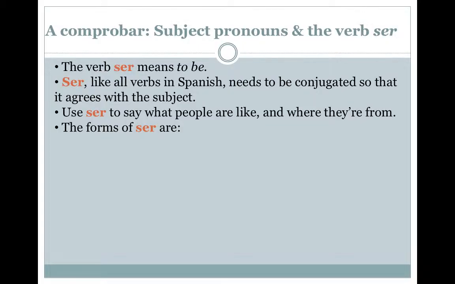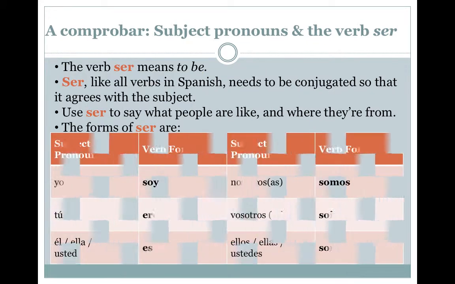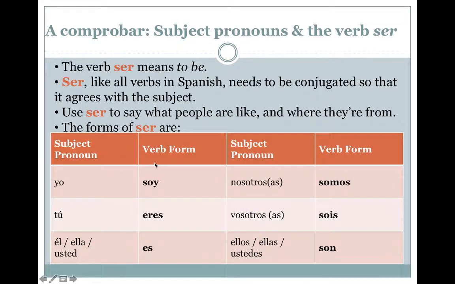Now, as you get into this week and you have to start creating sentences, there's one verb in Spanish that means to be. There's actually more than one verb, but for now we're going to start with this one. Ser means to be. And as you take ser and conjugate it, you're going to put it in with all those subjects we were just learning. So you have yo, which means I. As you take ser, you have to do what we call conjugating the verb. So you're going to take ser and conjugate it to become soy, eres, es, somos, sois,